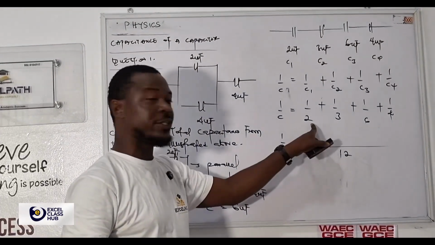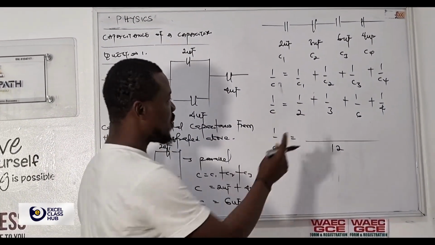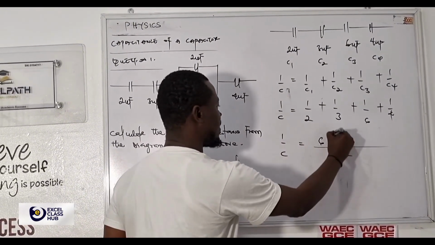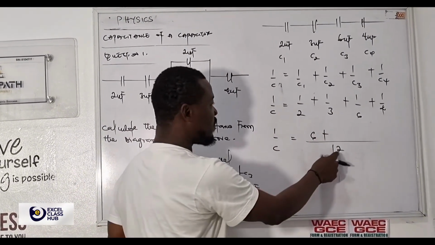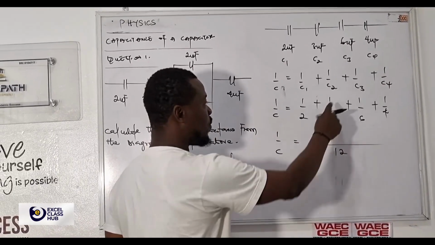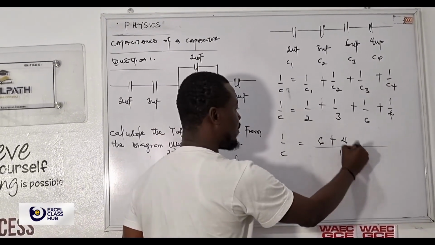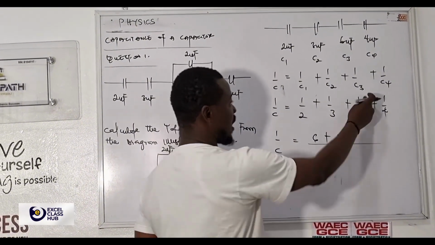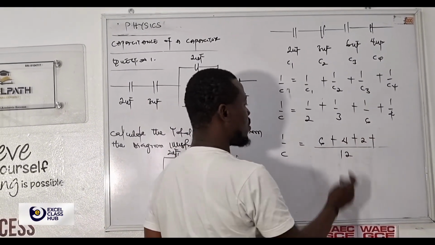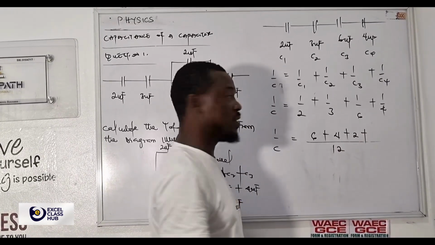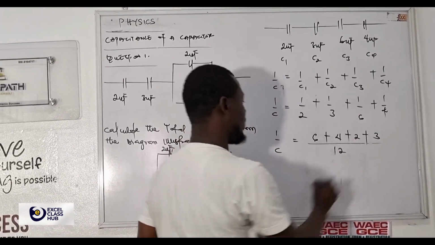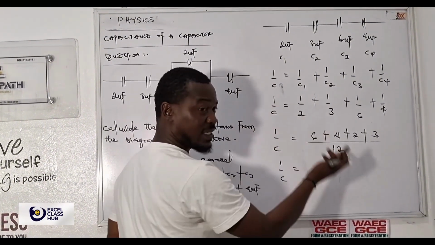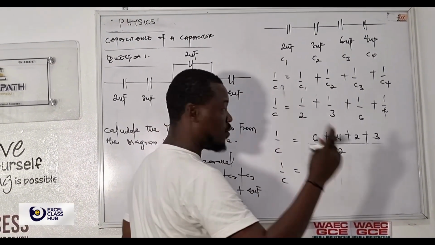Now 12 divided by 2 gives you 6. So you're now using 6 to multiply the numerator. 6 times 1 will give you 6. And the next one again, 12 divided by 3 is 4. Use that 4 to multiply the numerator again, still gives you 4. Plus the next one, 12 divided by 6 is 2. 2 times 1 will be 2. Plus the last one, 12 divided by 4 is 3. 3 times 1 also still gives you 3. So I can now have 1 over C equals to 6 plus 4, 10, plus 2, 12, and 3